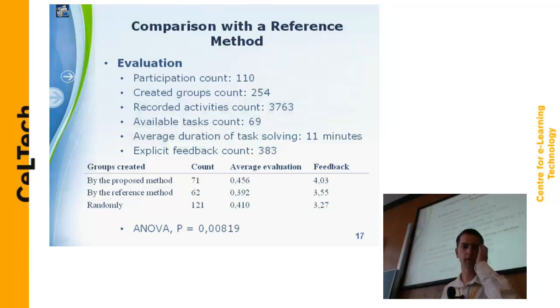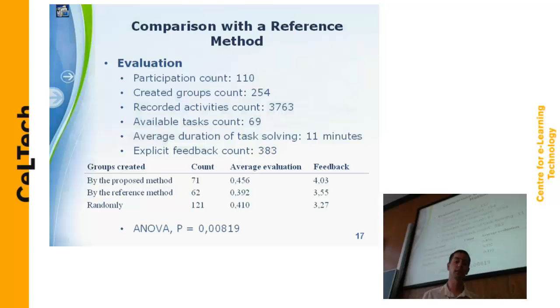In total, about 110 students participated in our experiment. 254 groups were created and students were iteratively assigned to these groups. About 4,000 activities were recorded, and we also got a lot of explicit feedback from students. As you can see, groups created by our method achieved the highest evaluation, and students also provided the highest feedback. It is interesting that the groups created randomly achieved a little bit higher evaluation in comparison with groups